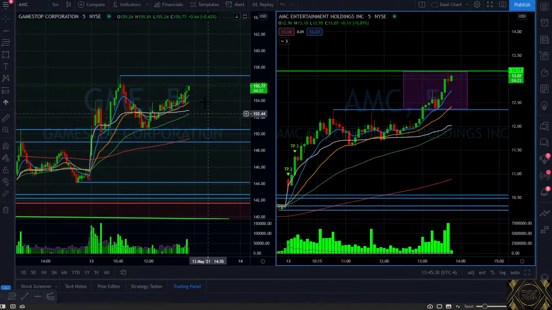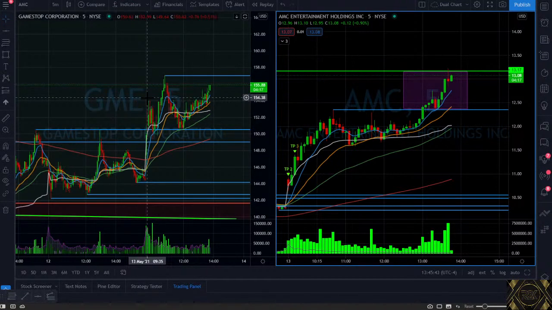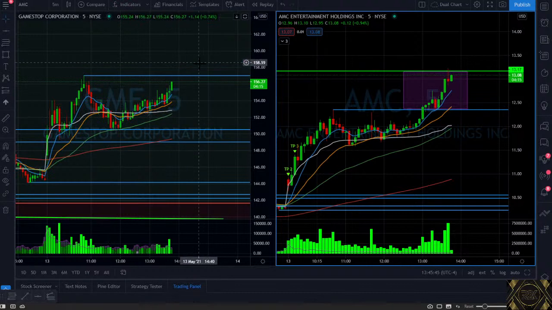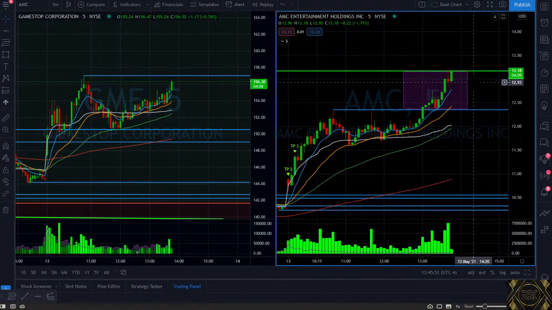So if we look at GME here, we have some type of pattern forming. It's more of just like a V shape. You can see we're pumping here. The ideal level to look at here is 157. There's AMC taking off again. If you didn't get that exit,